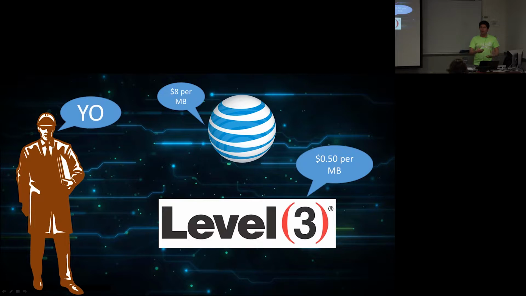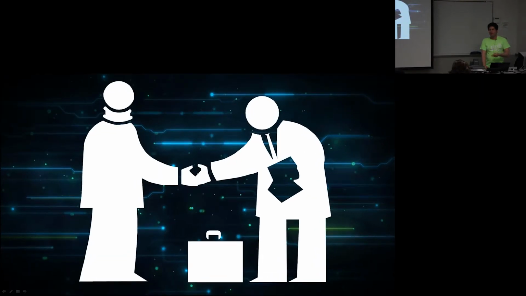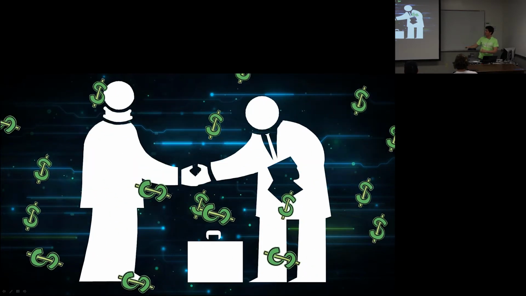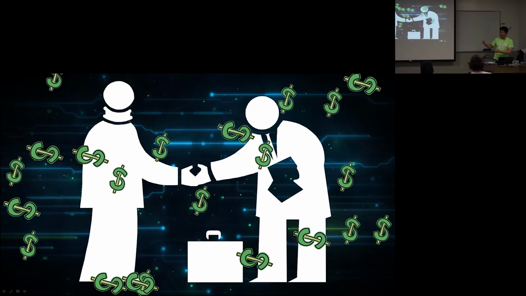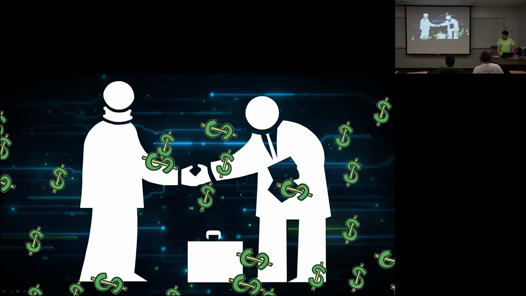So you can have all these different little caveats with different companies and whatnot. And this Border Gateway Protocol allows this caveat process to actually work. So Joe Bob there, he's like, okay, I can agree with this. Let's make this happen. So you get some lawyers involved. You make an agreement. You create a peering contract. And you throw a lot of money around. And yeah, lots of money. The internet is a money sink. Let's just put it that way.